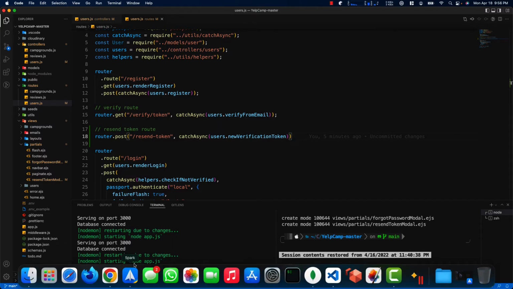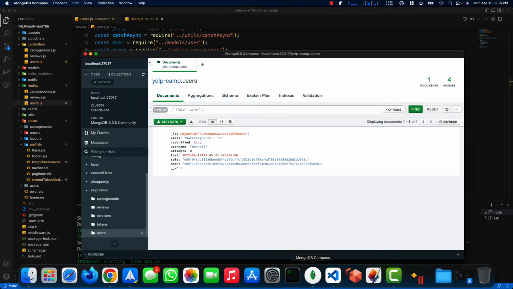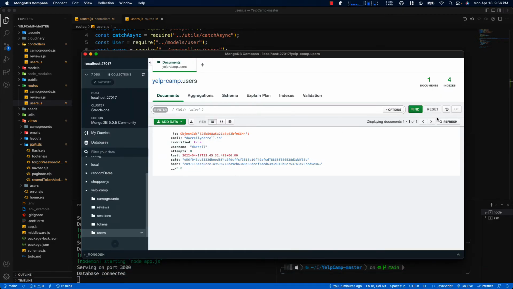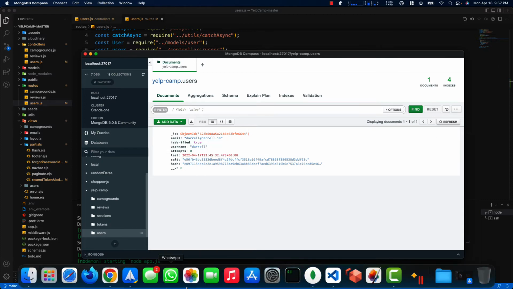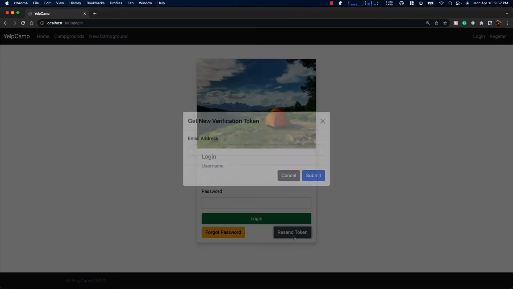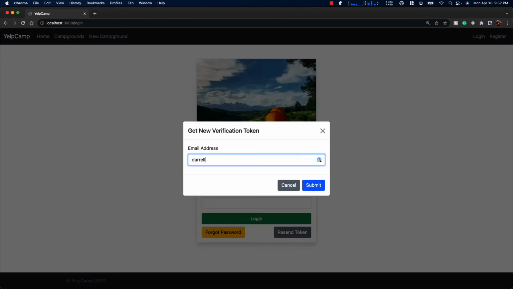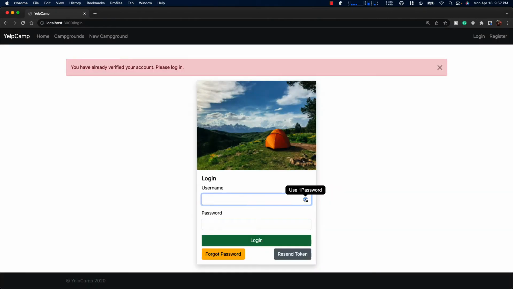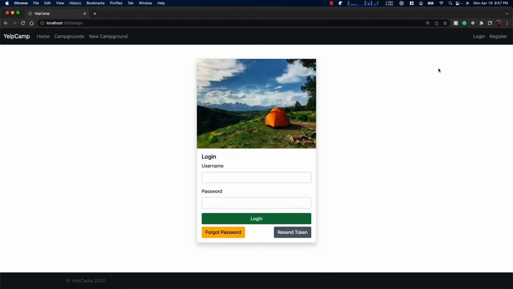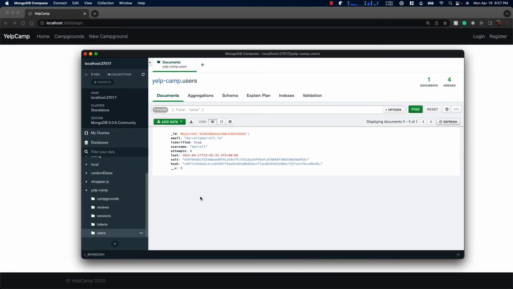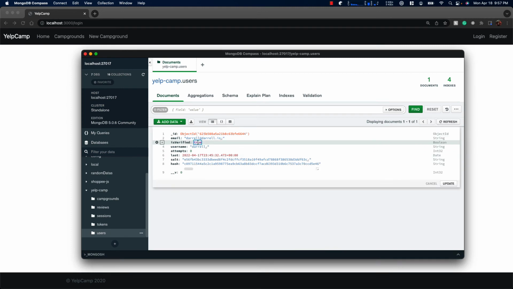Okay, so if we look at MongoDB, this is my only user account, and right now I'm verified. I verified from the email, my account's active, I'm able to log in. So what should happen is if I click on resend token and type in my email address and hit submit, I should get this error message. And that works. So if we go back here and I change this to false